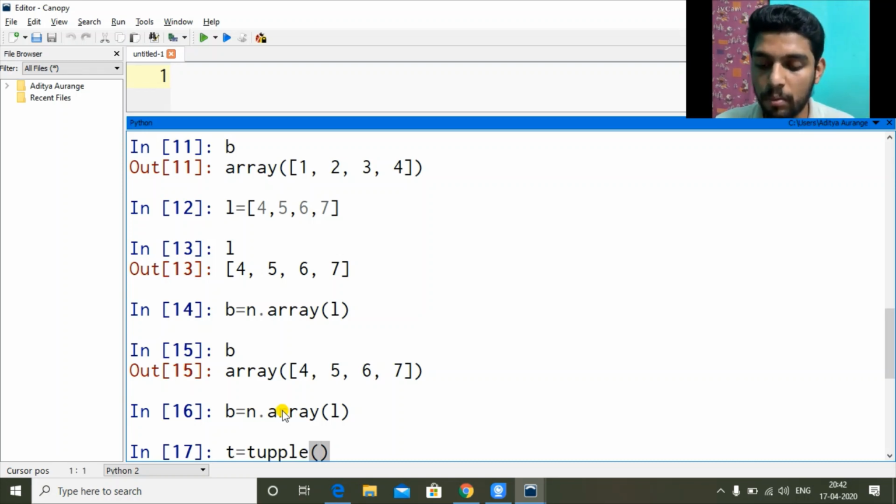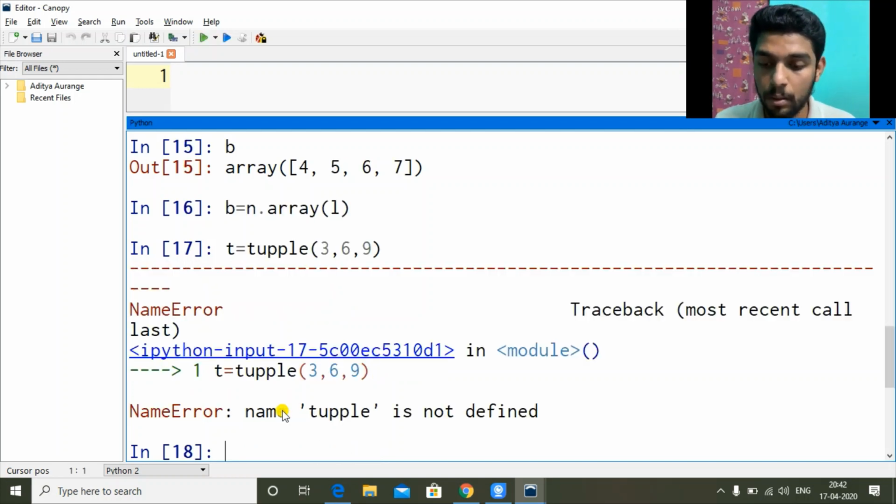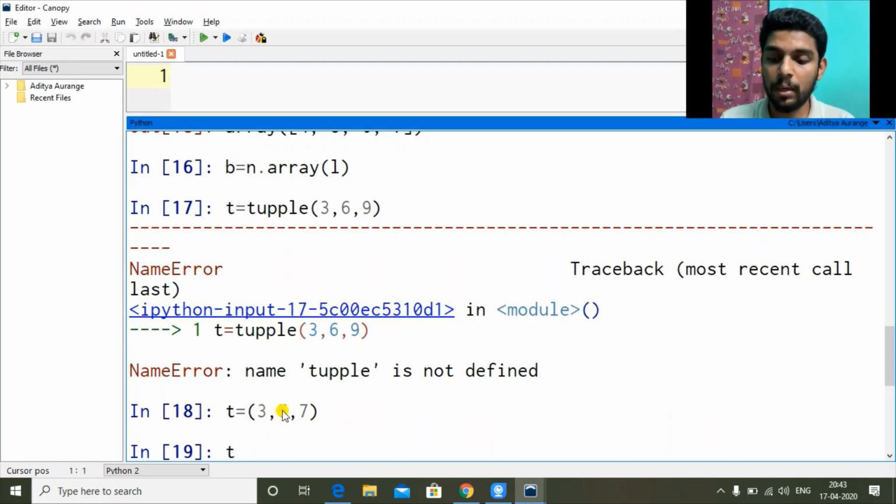Already done this. 3 comma 7 6 comma 9. Okay. So that is wrong syntax. The normal way is T, and in round brackets we give values. Square brackets are for list, and round brackets are for tuple. So 3 5 7. Okay. So now we have a tuple T.